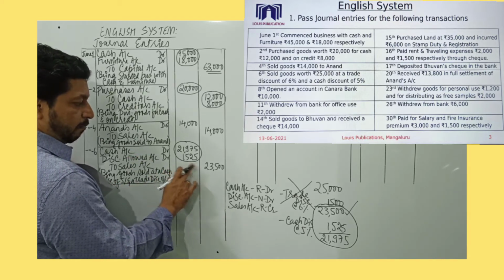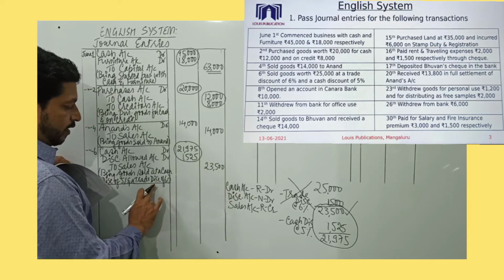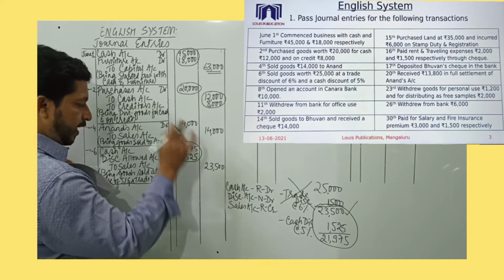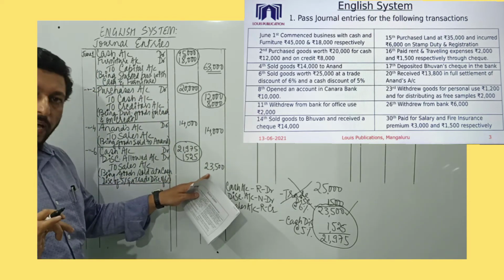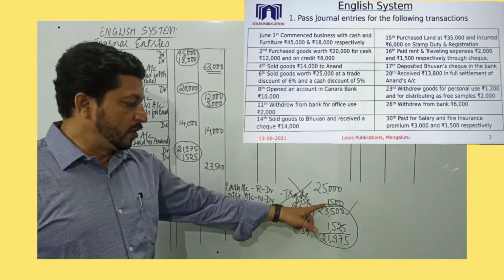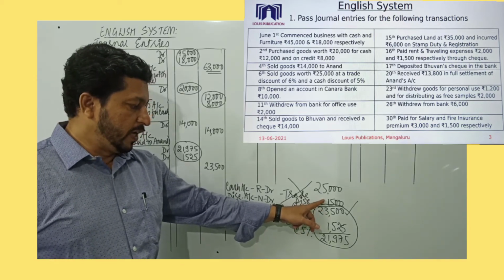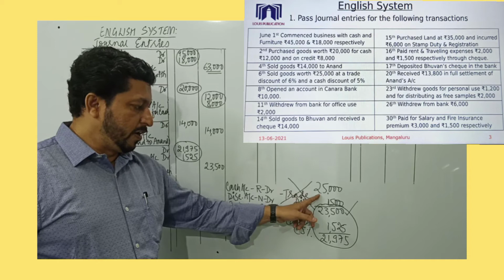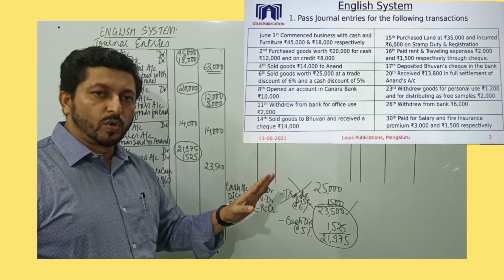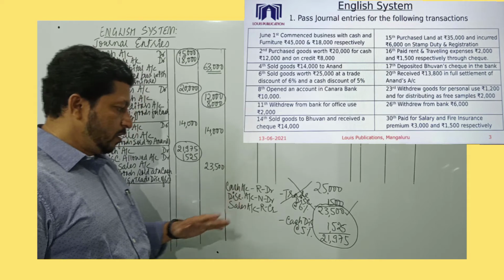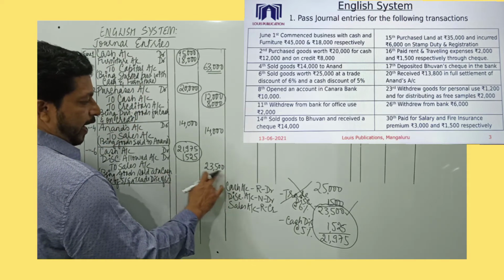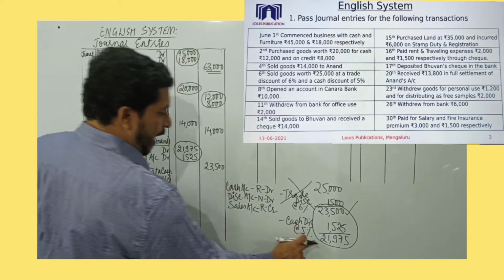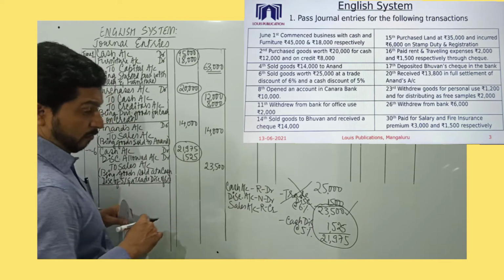Narration should explain the entry, because when we say 23,500 rupees, meaning to say this value is only 94%, because 6% trade discount is excluded from this particular value. Remember this. So that 6% over here is 1,500 rupees. If we calculate 100%, you will get 25,000. So trade discount will never be shown in our books of the business. Remember this. So it is only the cash discount related, and the transaction value will be 23,500. Discount value is 1,525 and cash amount received is 21,975.